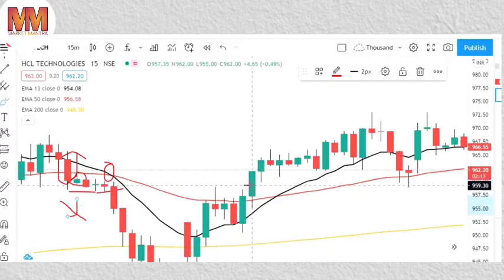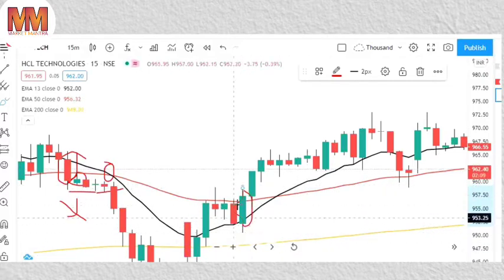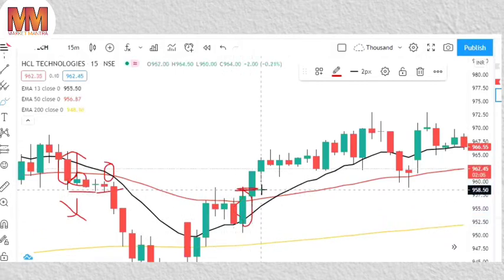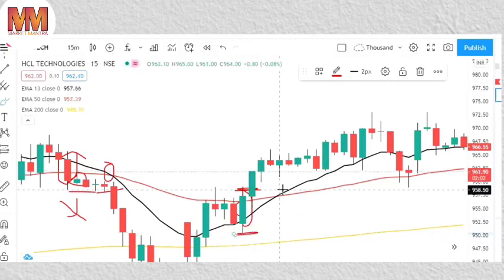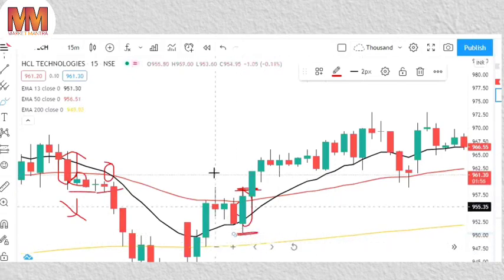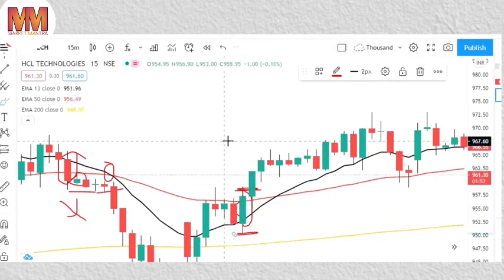Next, you can see here again we got an entry, this green candle. It broke both of these, so you can make an entry just above this candle. The stop loss can be just below this candle, keeping a buffer of 0.20%, and in this case you can see the 200 days moving average is below, right? So we cannot keep this as a target because we are looking for a buying opportunity, so you can keep a 1:2